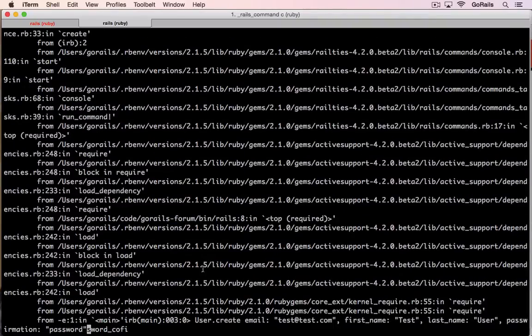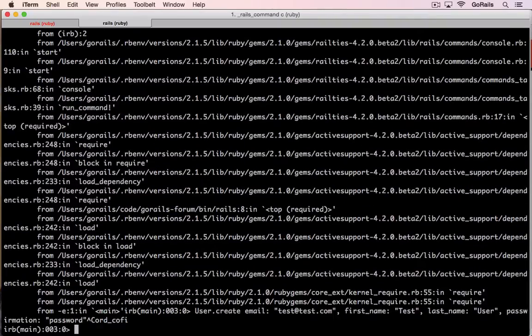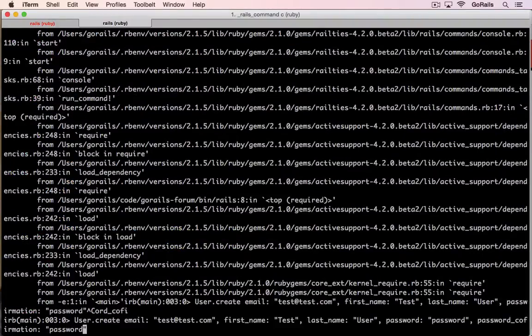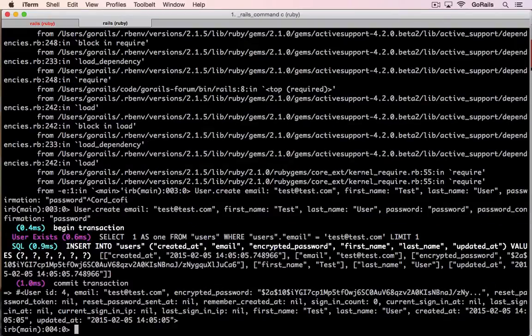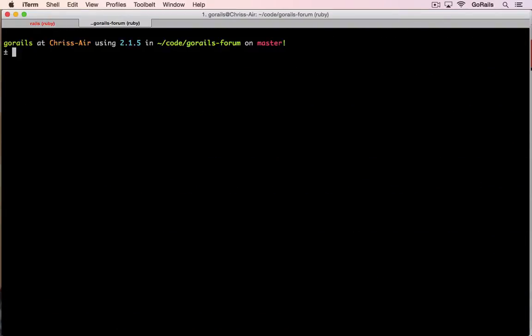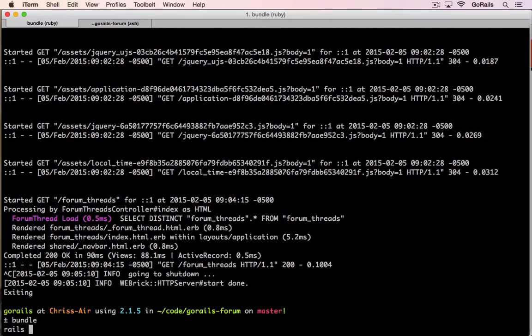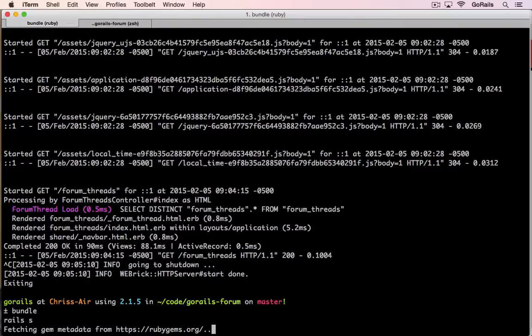So we need to spell things properly. Confirmation. And okay, now we have that, and we can restart our Rails server after we run bundle and install the